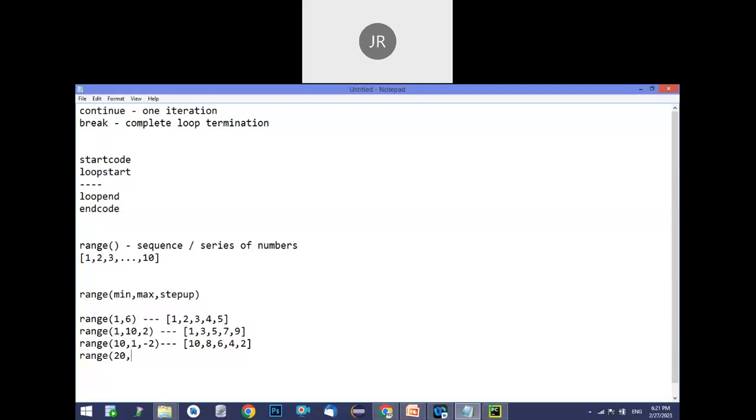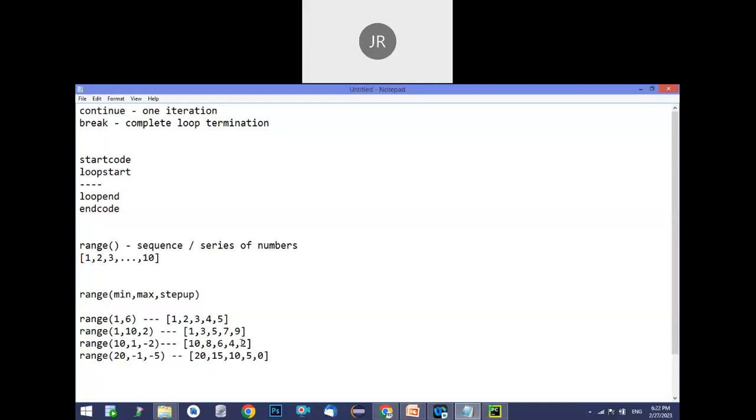So for example, if I'm writing 20 comma, let's take -1. Now I'm giving -5 as the decrementer. What is your starting value now? It is 20. Then 15, then 10, then 5. Each time the third value decides the increment or decrement, and the second value will be your stopper value. So it will be 10, 5, and 0. It stops at 0 because I mentioned -1. So before the -1, we can include the 0.